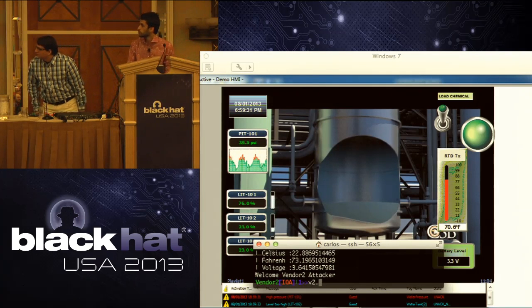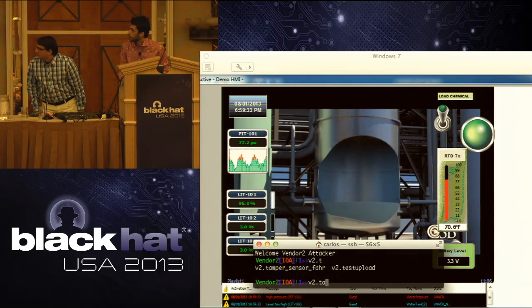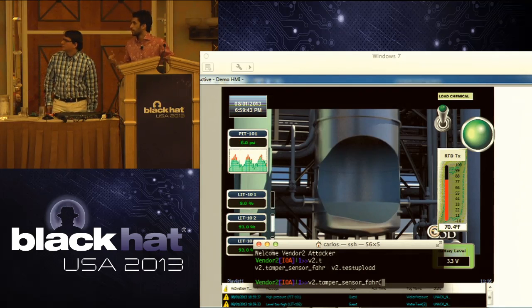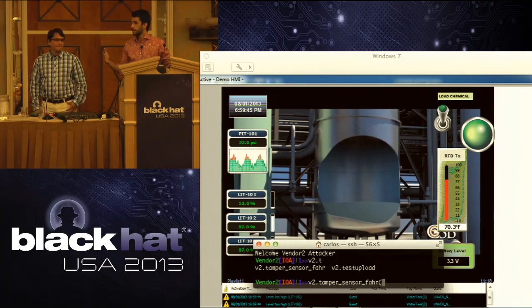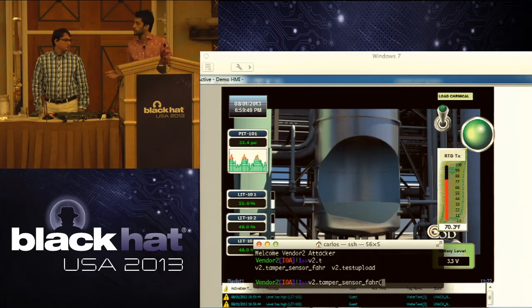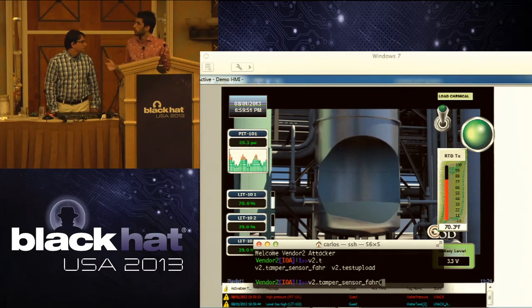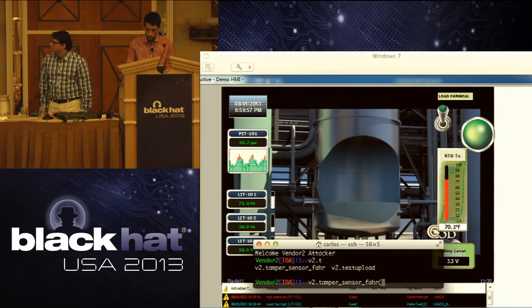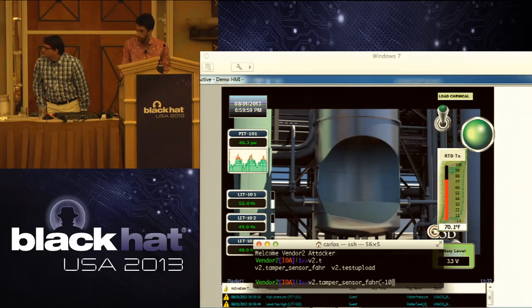Okay, so we are going to set a minimum level for tampering the sensor, the temperature that is going to reduce. We are going to do it slowly to just show, we can do it instantaneously, to change the reading on the device, but we are going to do it very slow, so the system will think that the temperature is really going down. So we are going to minus 10,